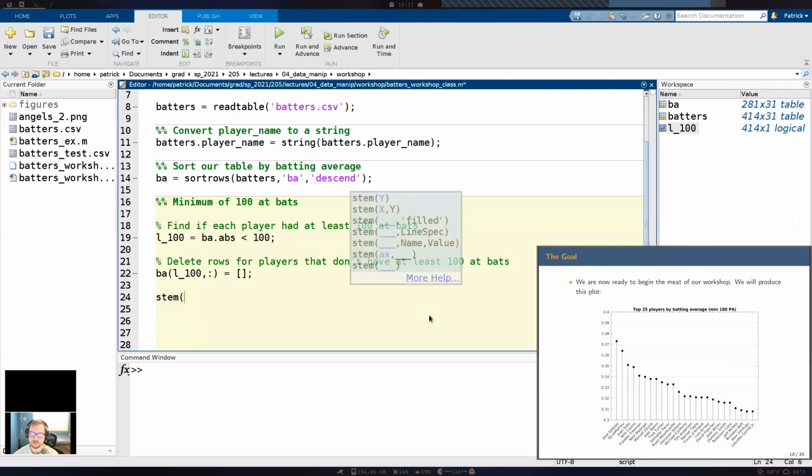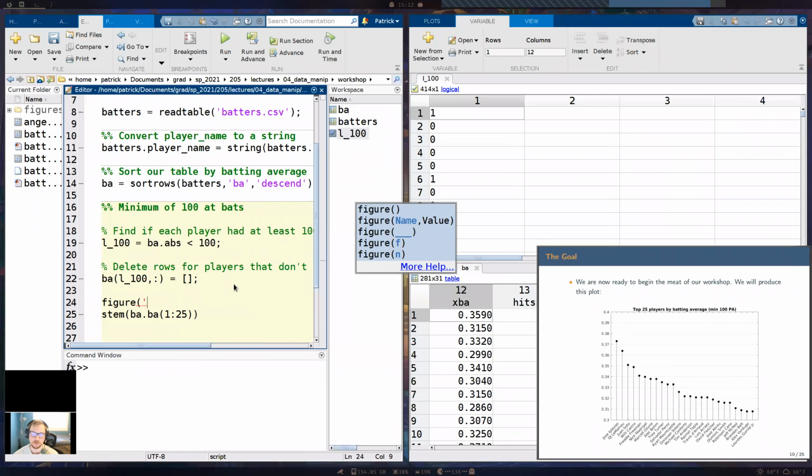So I could say stem BA, that's our table, dot player name. Actually I shouldn't do that, I should do BA dot BA for batting average. And then I could do 1 to 25. If I do this right now, let's just run it. Oh boy. We're going to do figure and visible on.